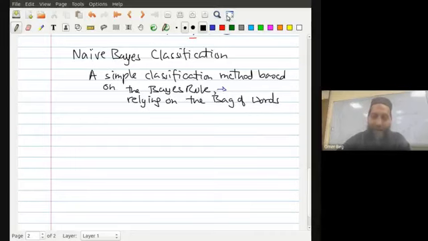So bag of words, as you may recall from our last lecture, assumes that the position of words in a piece of text does not really matter. So it ignores the position of text in the model. Okay? So what is this? Let me give you an example.